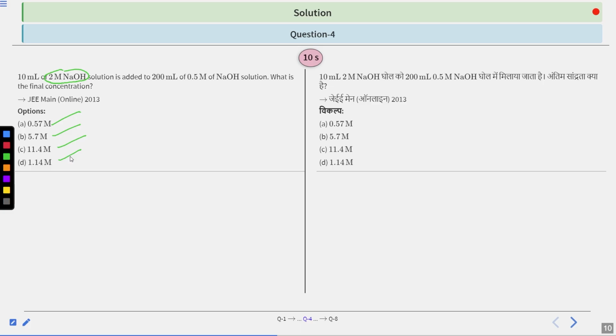So you can do it in two ways. Either you can use the formula directly. I will not tell the formula, that is up to you to get. Now for those who are not going through the formula but through a conceptual way, what they can do is first calculate the millimoles related to it and divide it by the total volume. And then you can easily get the molarity. Now you don't need to convert this millimole into moles because we are dividing the millimoles by volume, which is already in milliliter. So you don't need to do so. It will get cancelled out at last. So your 10 seconds to solve this question starts now.